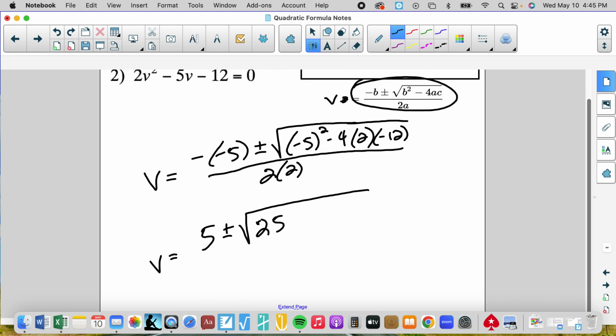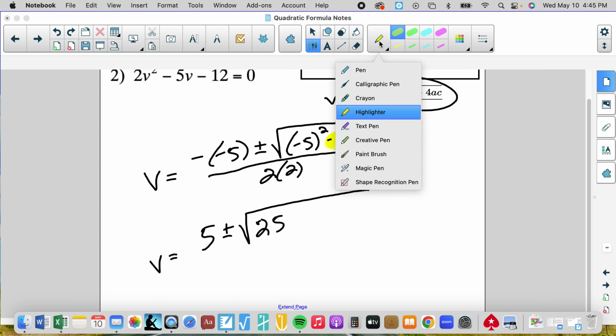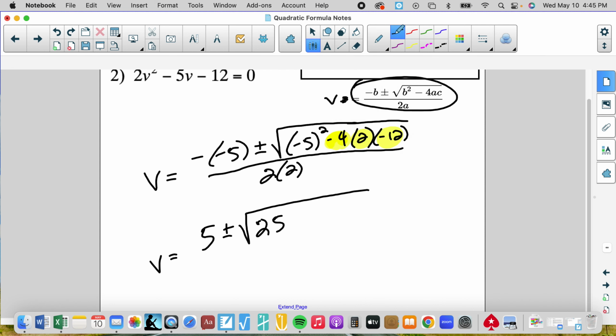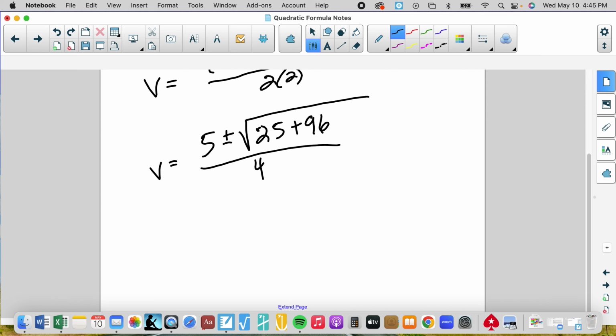Negative 4 times 2 times negative 12 gives me positive 48 doubled is 96, plus 96, all over 2 times 2, which is 4. So we get 5 plus or minus the square root, 25 plus 96,